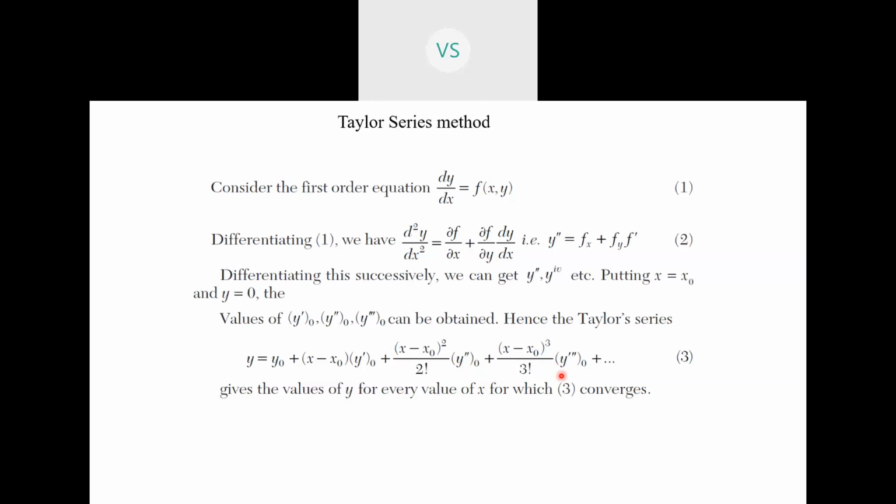any number of terms. Okay, so this is your Taylor series formula. You have to remember this formula. What do you have to find? You have to find y dash, y double dash, y triple dash. From where do you find these? From the given equation. A y dash equation is always given to you, y dash equal to a function of x and y. From this equation you have to find the values of y double dash, y triple dash, y4, whichever values you want. Okay, but this formula is important.